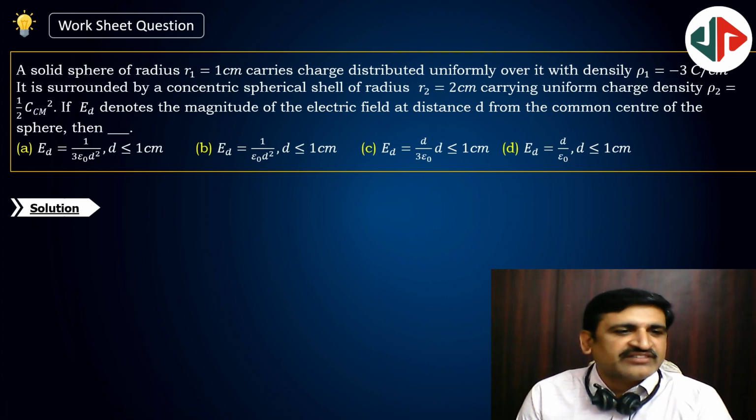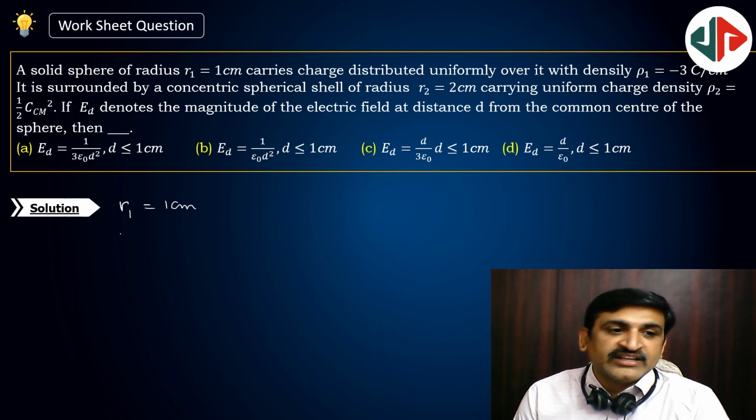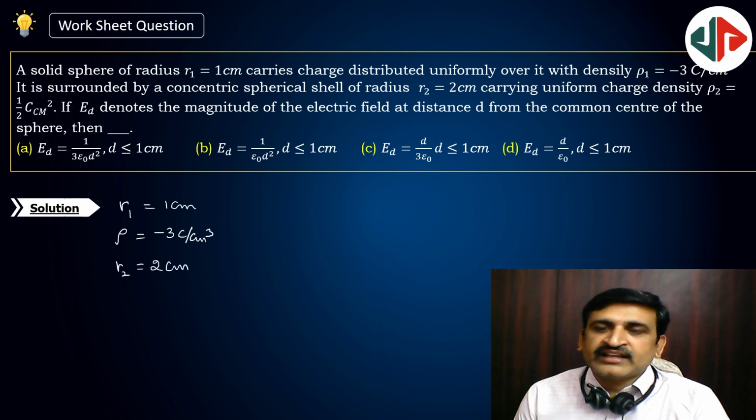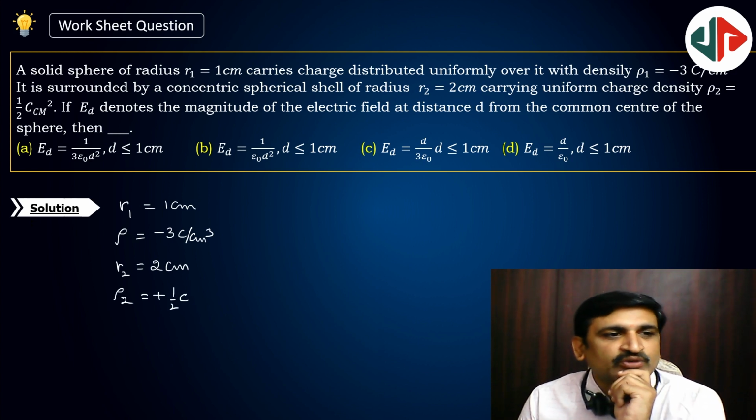A solid sphere of radius r1 is equal to 1 centimeter, carries charge distributed uniformly over it with a density rho equal to minus 3 coulomb per centimeter cube volume charge density, and is surrounded by a concentric spherical shell of R2 equal to 2 centimeter, carrying uniform charge density rho2 equal to plus half coulomb per centimeter square. It should be checked again. If E of d denotes the magnitude of the electric field at a distance d from the common center, then